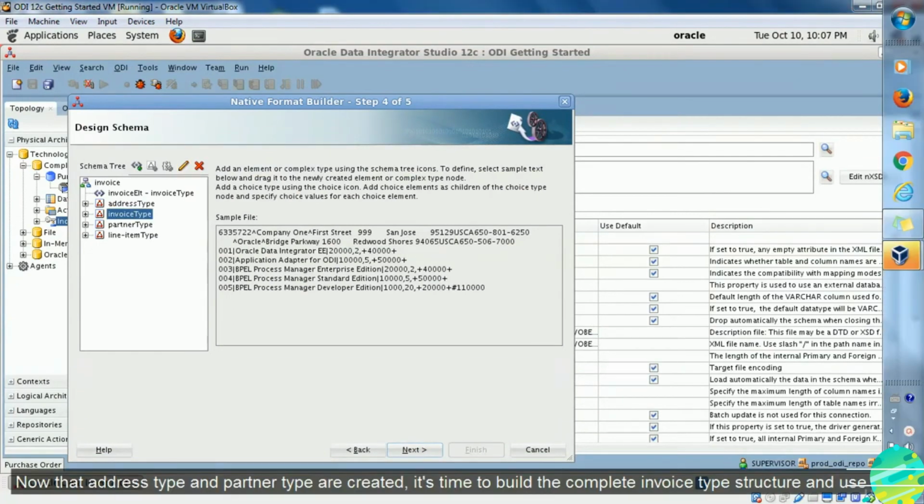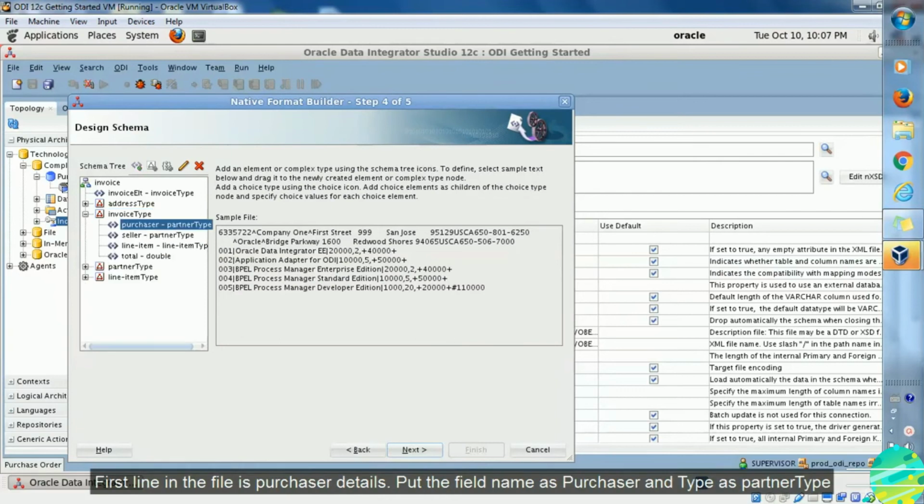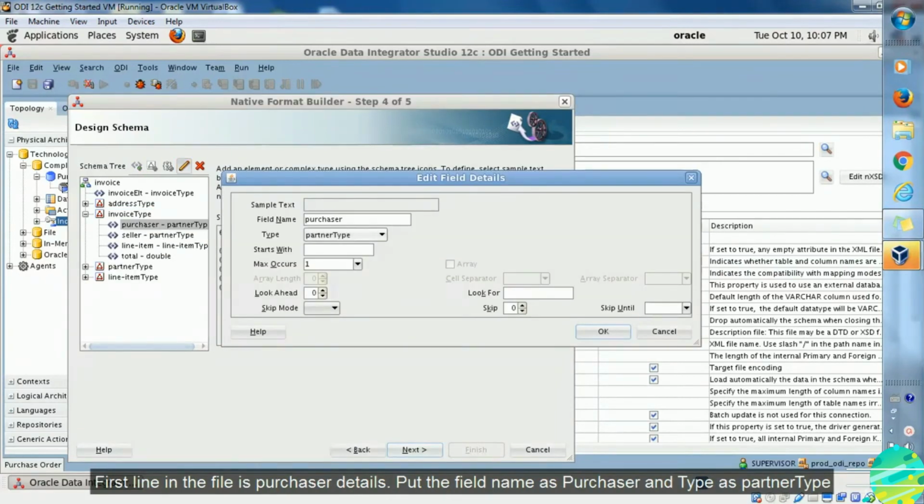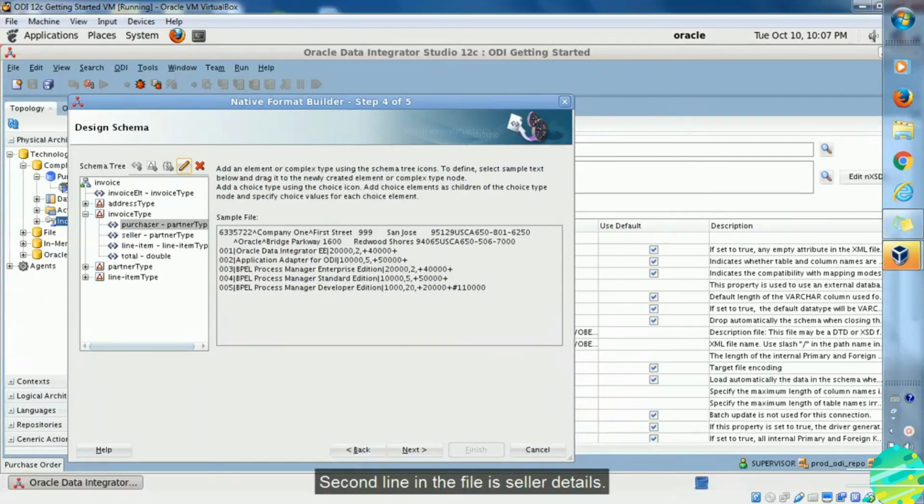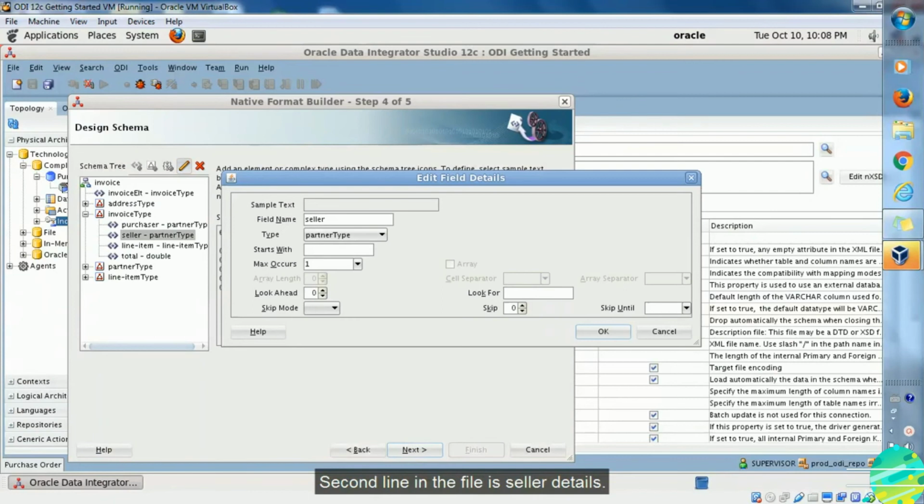Now that address type and partner type are created, it's time to build the complete invoice type structure and use them. First line in the file is purchaser details. Put the field name as purchaser and type as partner type because partner type contains all the fields in first and second line. Second line in the file is seller details.